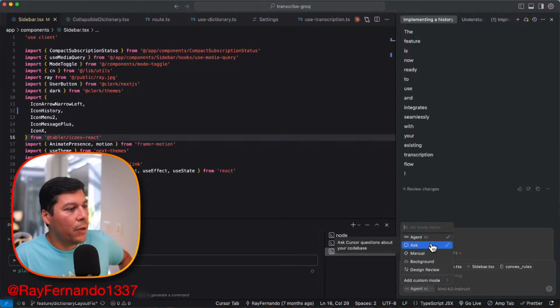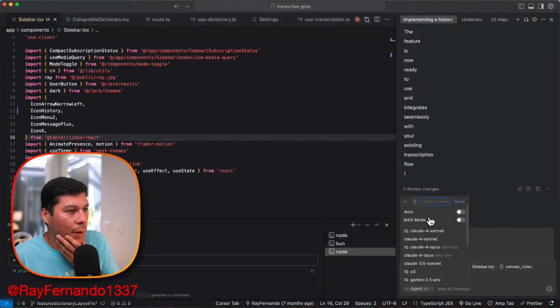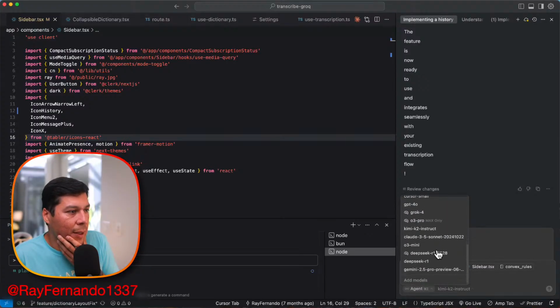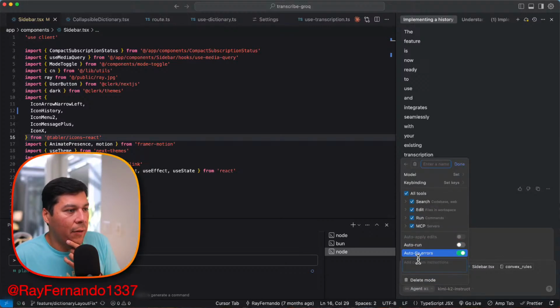Oh, okay. So I think Bilal was talking about this plan mode, but I think he's talking about a custom mode. If you set a custom mode, you can actually set up a model that you want to run for this type of thing. And then you can tell it what access it has, like if you want to run any MCPs or do specific types of tasks. And then in the advanced options, you can give it custom instructions.